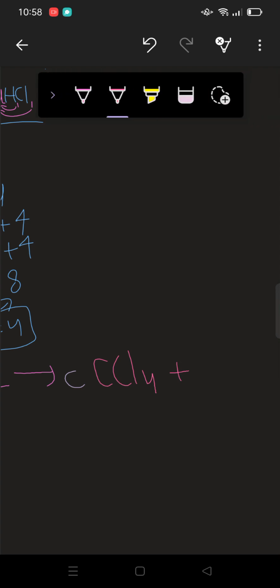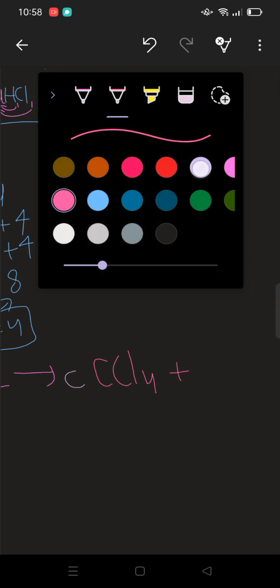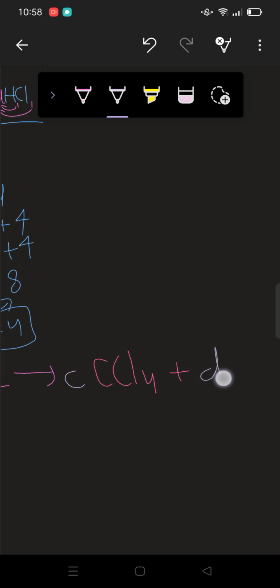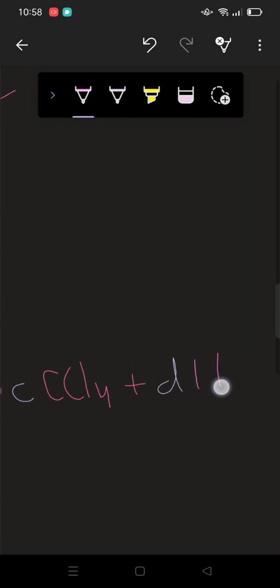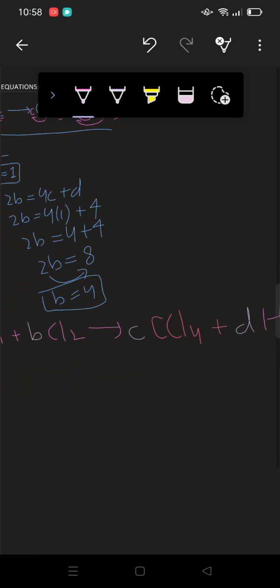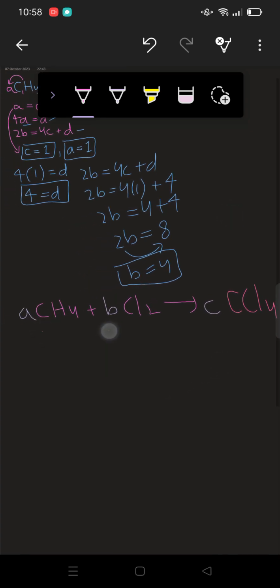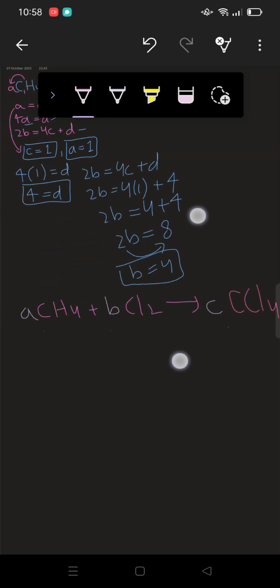CCl4 plus again D HCl. Now as we have found the values of A, B, C and D,